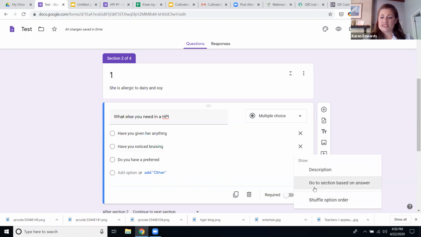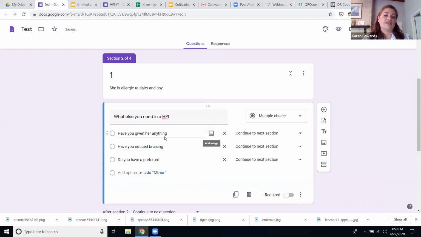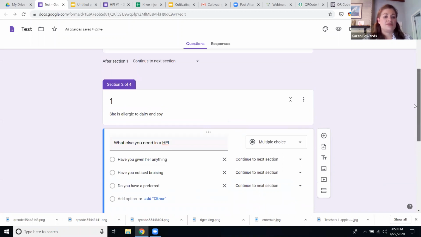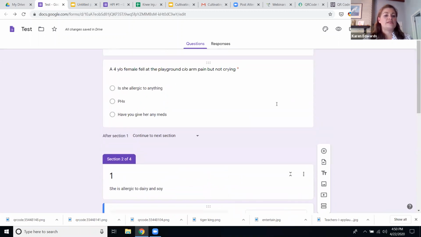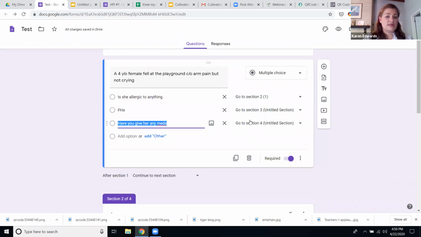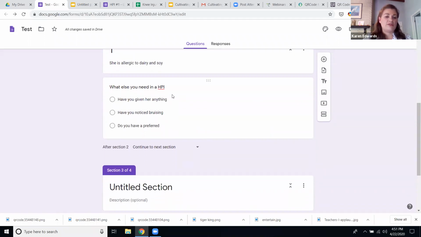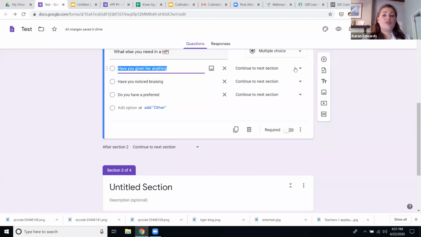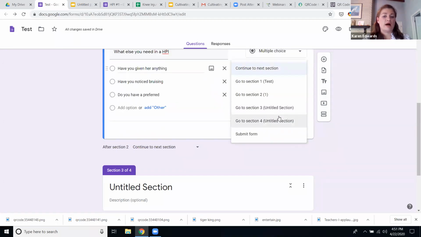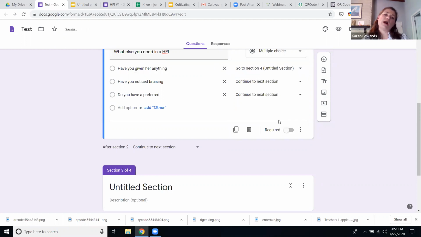So go to section based on answer. So for this one right here, have you given her anything? The one thing you really, really have to make sure of is that this is going to section 4. So anytime that is going to be an answer, and I said anything here instead of meds, but this has to go to section 4 as well. If you do not send it to the right section, then it is something where you and the student are going to